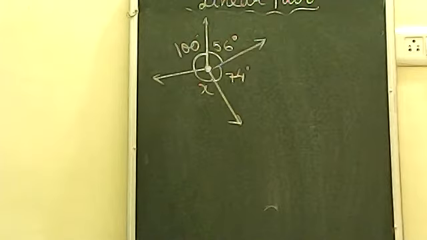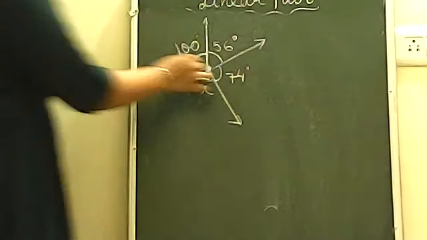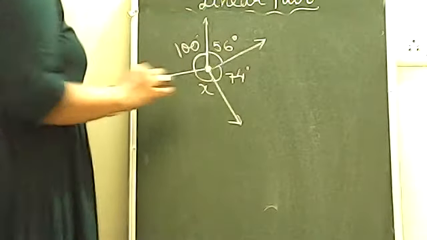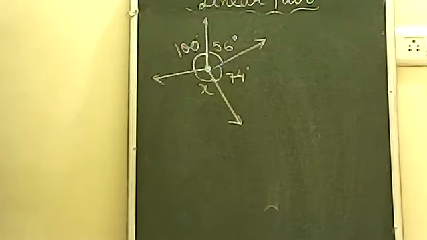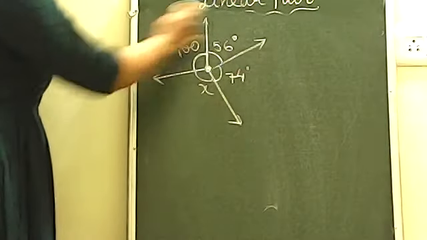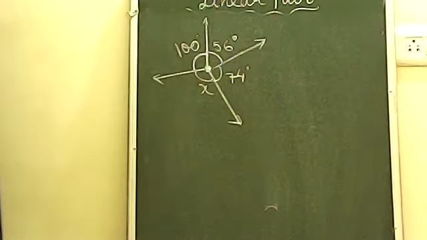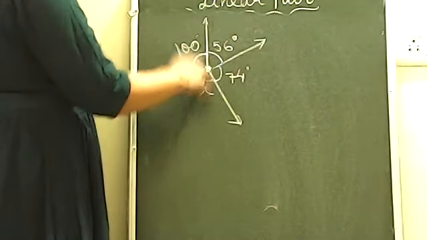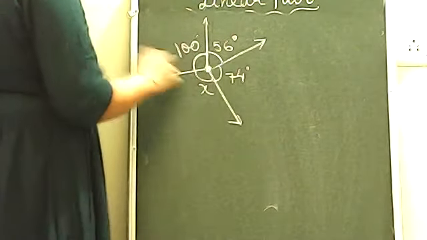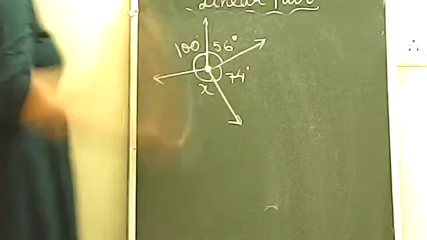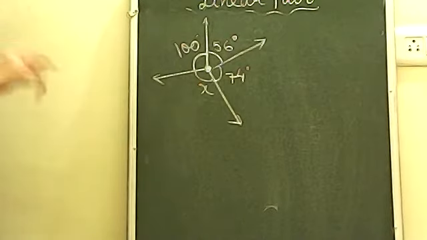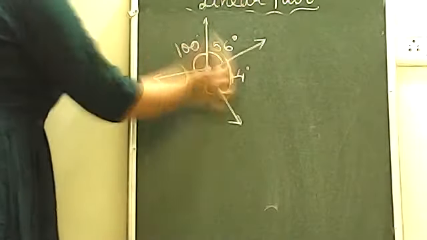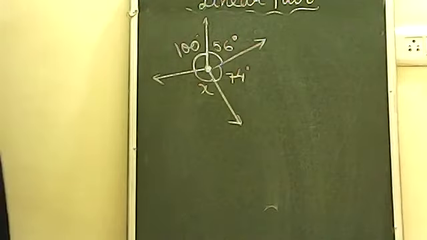And remember always that when you have one point and all the angles are around it, it means you are taking a full complete circle of angles. Okay, you see the whole thing here is one complete circle of angle. So remember, if you have one point and all the angles around it, the sum of all the angles around the point will give you 360 degrees, because you are completing one whole circle of angle. So that is 360 degrees.